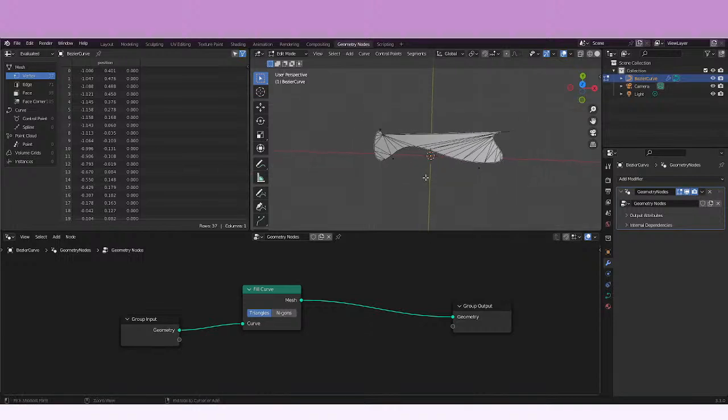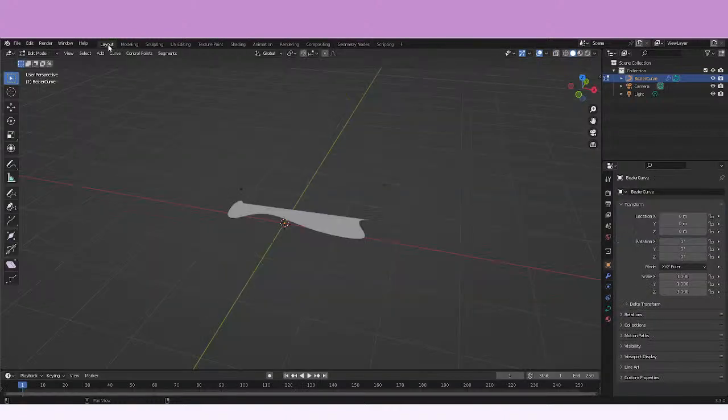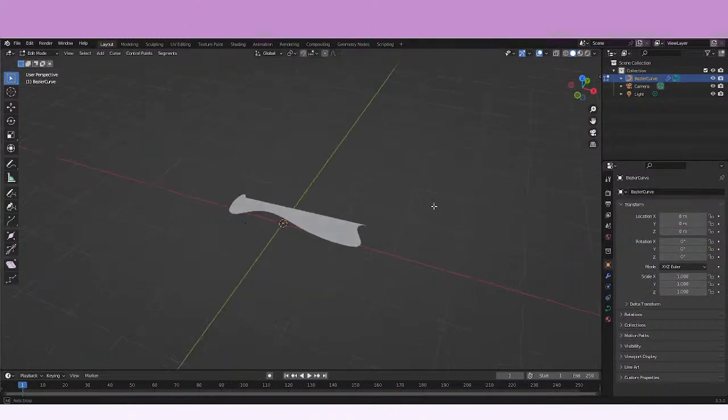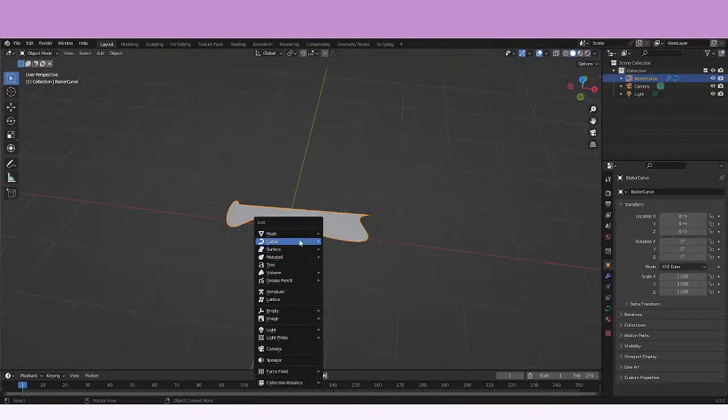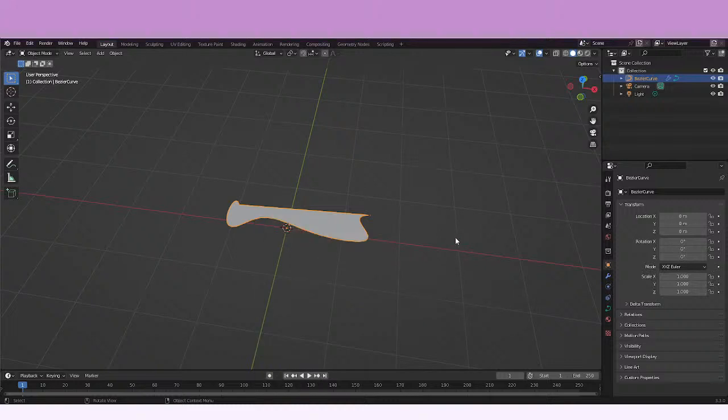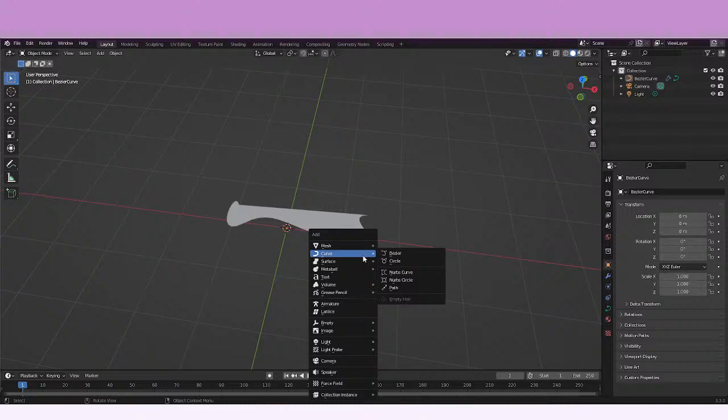And now what it's saying is that if I add a new curve, let's just tab and say add curve, we just need a curve with only one